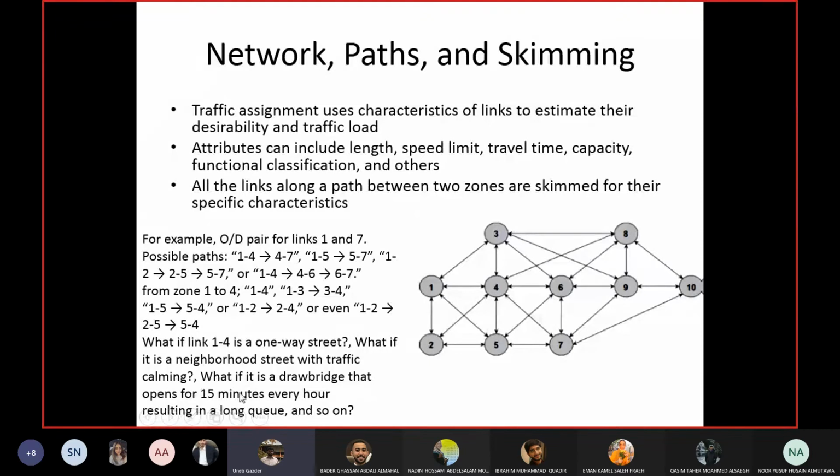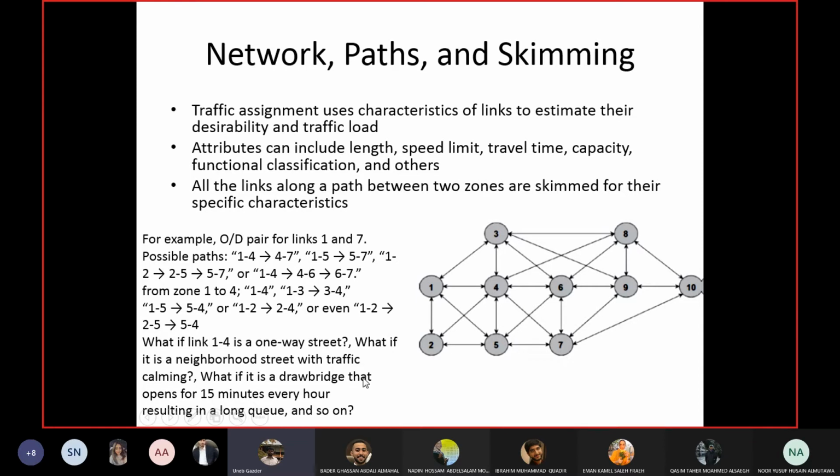Okay, or it may be over a river, and on that river there's a bridge that closes and opens. If you have gone to Turkey or Europe or some country like that, you may have seen they have bridges over the rivers, and for passing of the ships or something like this, they close the bridges. So maybe you want to take a trip during night time, and during night time the bridge is closed, so you cannot cross from 1 to 4.